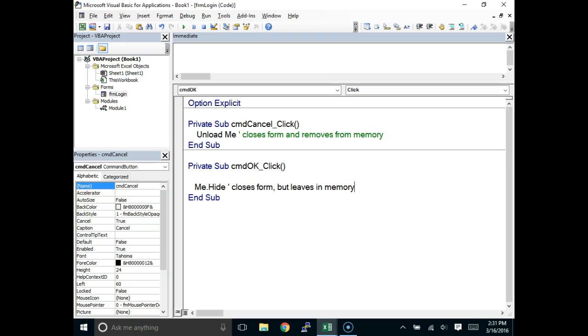Okay. Let's do one other thing here on click. Before we hide it, we're going to say, listen, if you're going to click OK, you got to give us a username and a password. So we'll just do that validation right here. Let's say we're only going to hide the form if we meet that criterion. So we're going to say, listen, if me.txtEmail.value, and we can either say if that's greater than a zero length string, or we can say if the length of that is greater than 0,